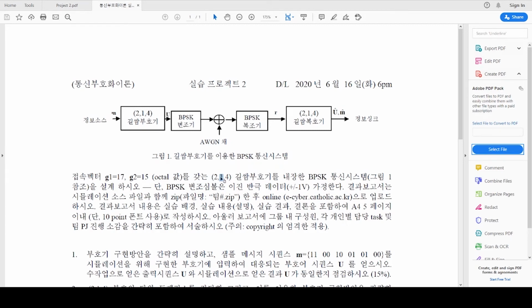That means it has 2 outputs with 1 input and 4 registers. So when you model it, you should know how many registers there are. And also you have to do the BPSK, binary phase shift keying modulation, and at the end demodulation to recover your received signal.